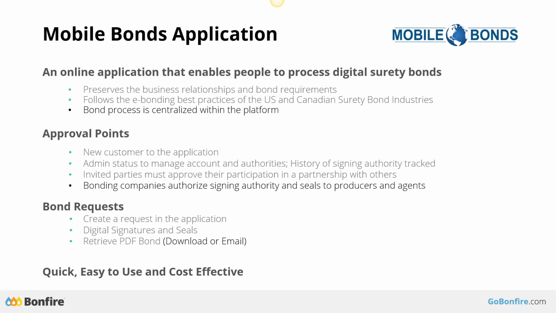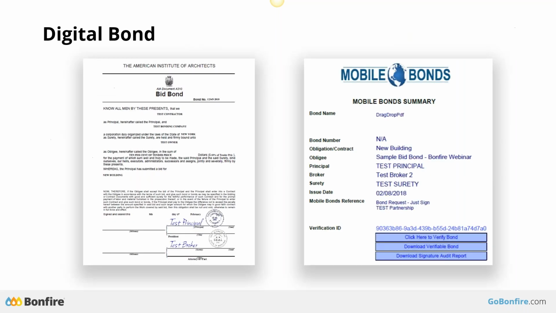There was an ask just to clarify the difference between the PDF and the eBond. Just if you could spend a second on that. Well, I'll just flip to the next screen then. There are the labels that we use: is it an eBond? Is it a digital bond? Is it a scanned PDF? We tend to choose whatever label fits the conversation. But what we're producing in our system is a PDF.